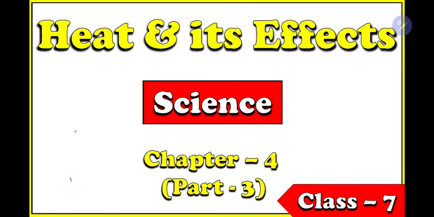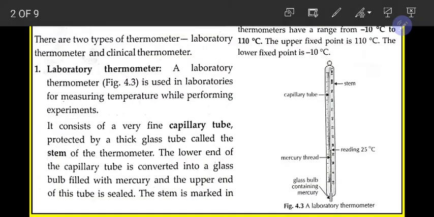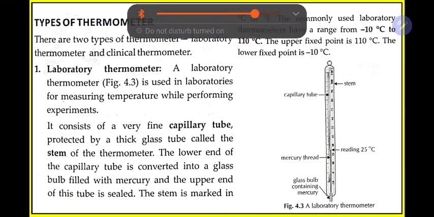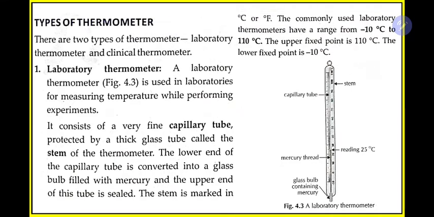In this chapter it is our third class. So far we have discussed what thermometers are in the last class, and how to convert from the Celsius scale to the Fahrenheit scale and from Fahrenheit to Celsius. In due time, I will also give you some more numerical problems on the same topic. But today we'll discuss the different types of thermometers, how they function, and their different uses.